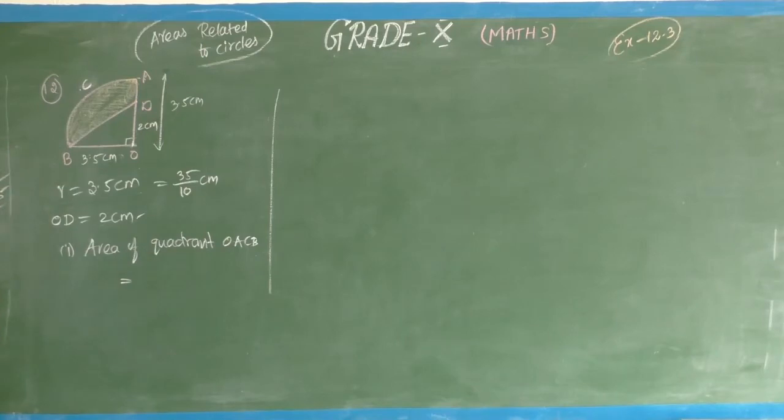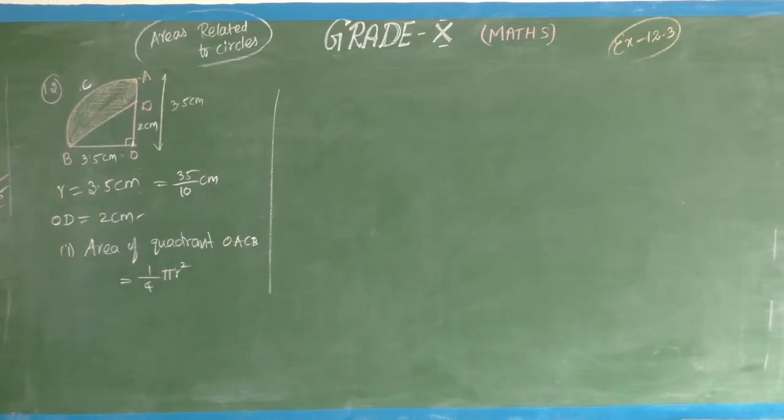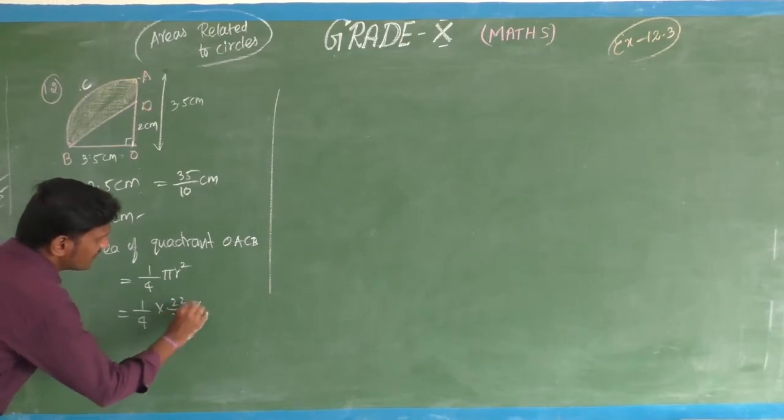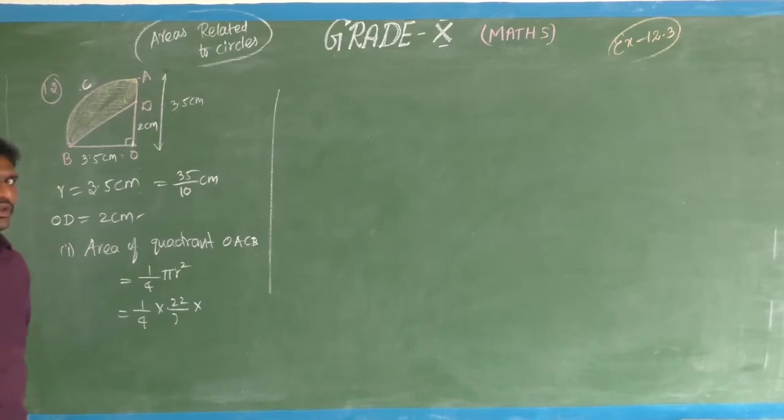What is the area of the quadrant? Already you know, students. Yes, that is 1 by 4 pi r square unit. Use the area of the sector also. That is also the same. Okay students. Yes. Now you have 1 by 4 into 22 by 7 into the radius. You have a decimal part. If you take the fractional form, the simplification is easy for you. That's why I am doing it.